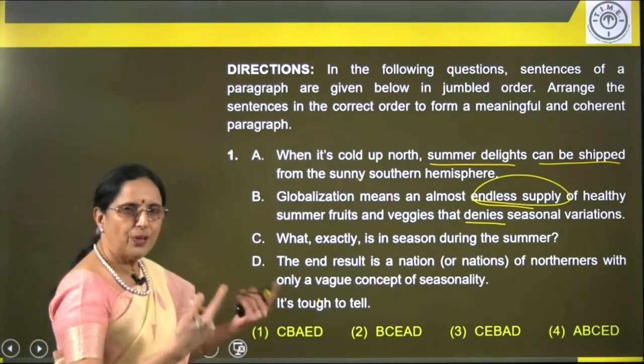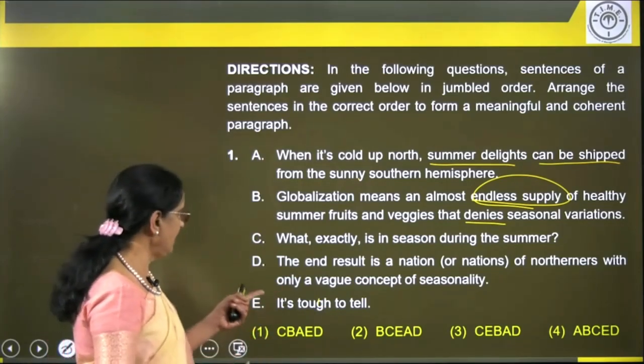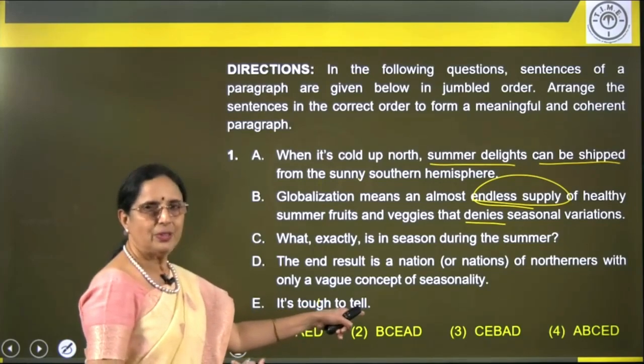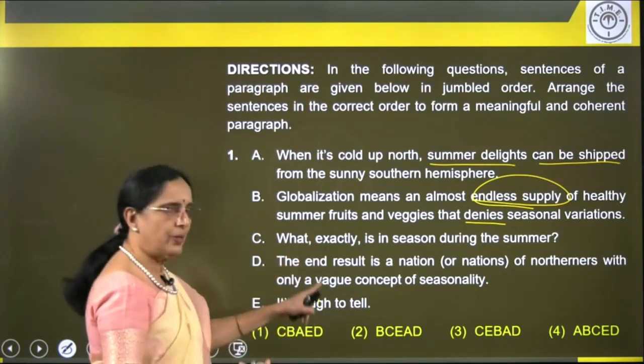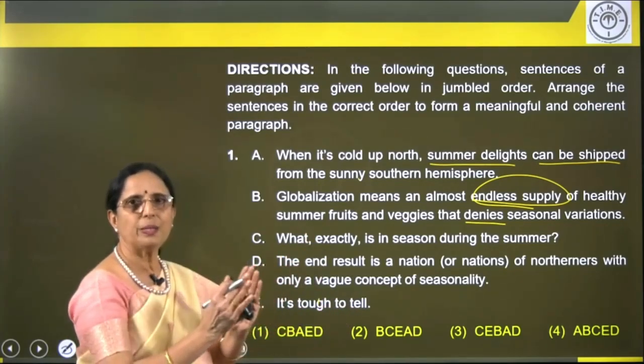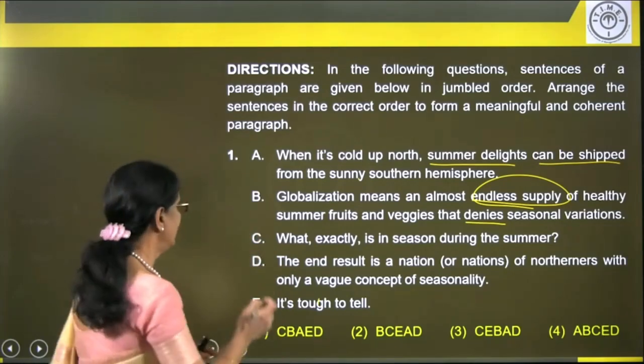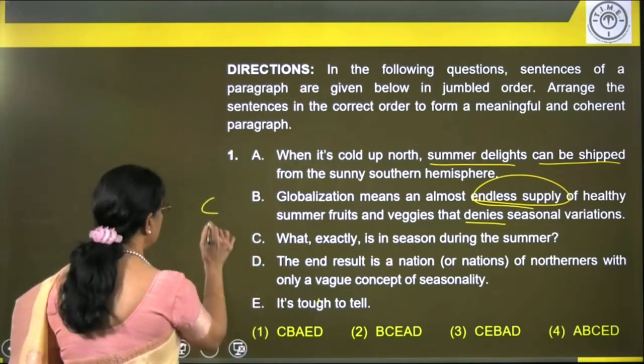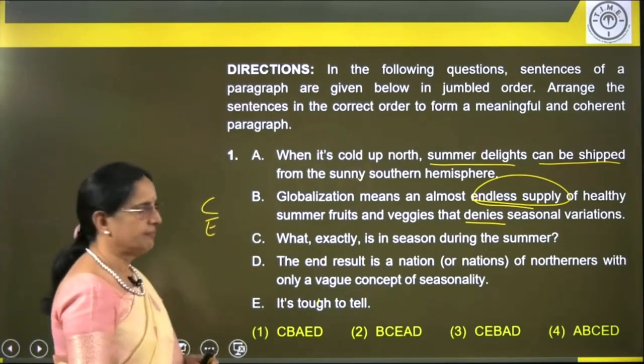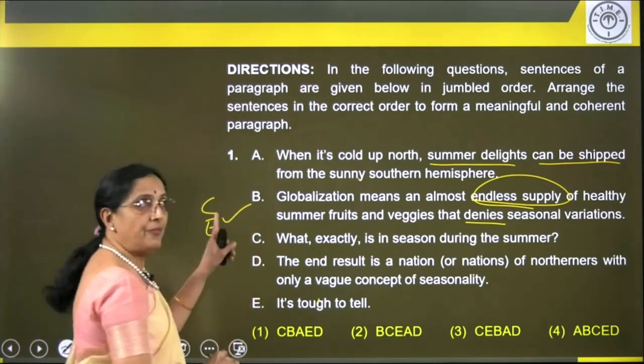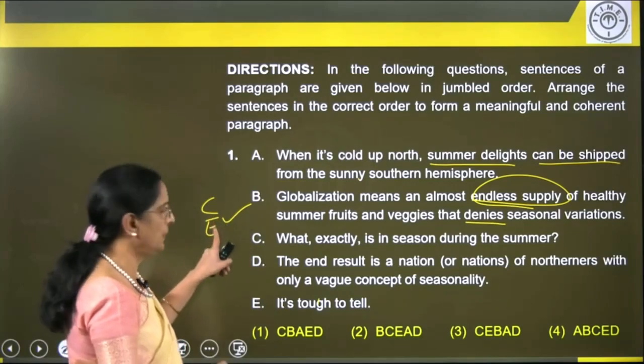Simple. What exactly is in season during the summer? Question. And what should follow the question? Immediately, it is tough to tell. Do you understand? We don't have the pronouns or conjunctions as clues here to form the pairs, but the flow of thought. So, CE is the combination. And we are confident about this combination,